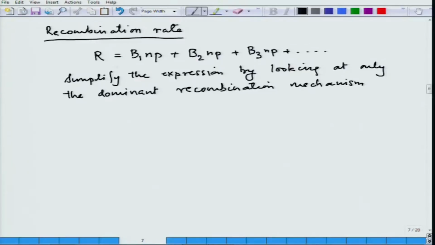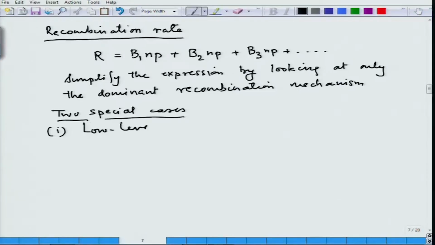So, let us look at this situation. We will look at two special cases which occur very often in device physics and try to get an expression for R. The first case, which is often seen, is known as low level injection. Low level injection basically means that in equilibrium you have the material which has equilibrium concentration of electrons and holes,